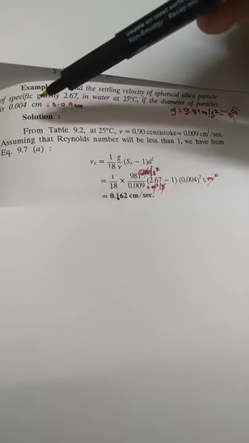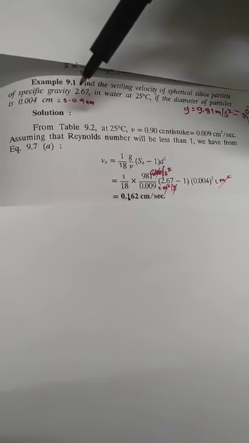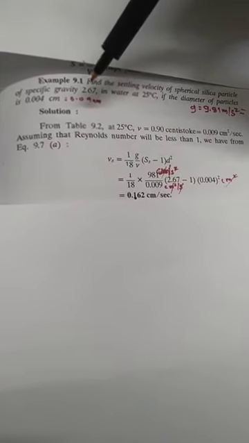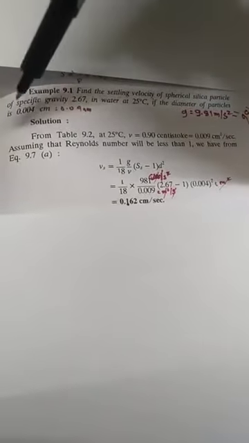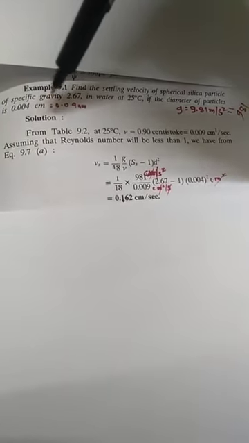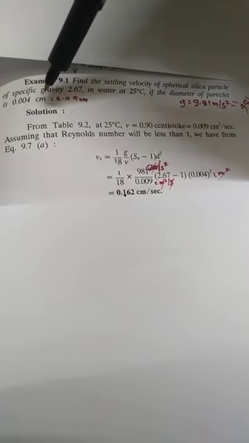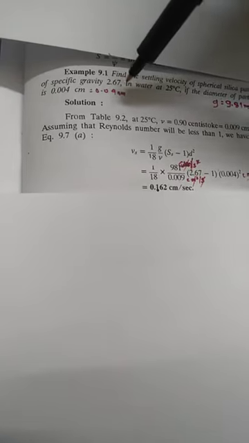Now the diameter is 0.04 centimeter, which is in terms of centimeter. We have been given these three conditions. The settling velocity Vs is dependent upon the diameter of the particle. If we want it in terms of mm, we multiply it by 10, because 1 centimeter is equal to 10 mm. So 0.04 centimeter multiplied by 10 gives us the answer in mm, which is 0.4 mm.